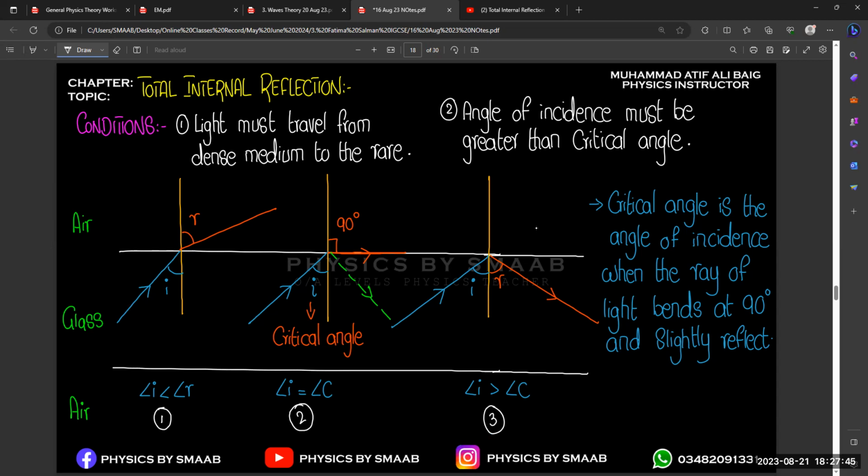Any question? Any confusion? No. Okay. So basically, this is the concept of total internal reflection. And if we talk about the daily life example, or if we want to write the definition of total internal reflection, we can define total internal reflection in short as,